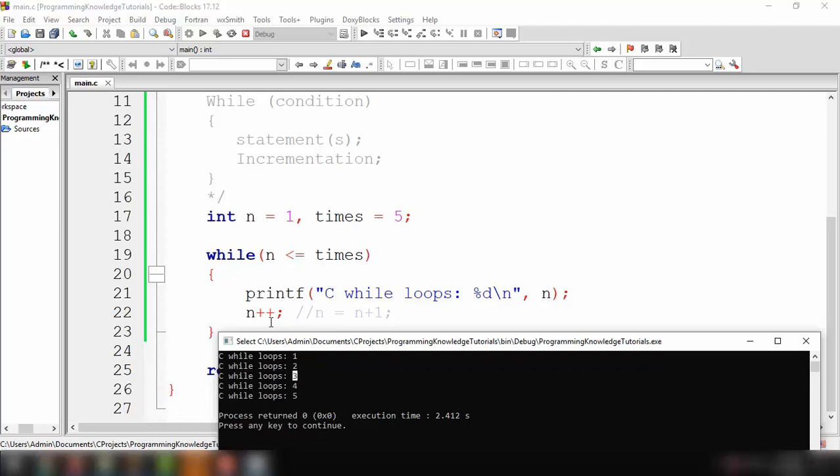So after that one, we will go back here in the condition: is 3 less than or equal to 5? So that's true because 3 is less than 5. So that's why it printed the output right here, C while loops, and then the value of our n equals 3. And now, after that, it incremented another time the n, and the n becomes 4 now,